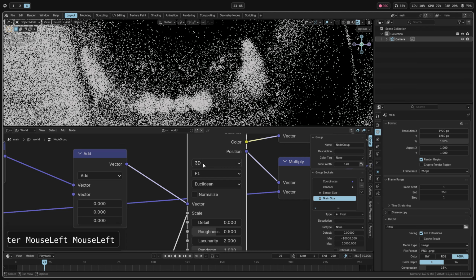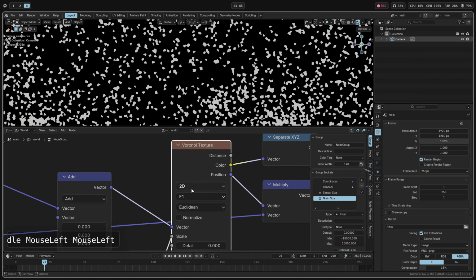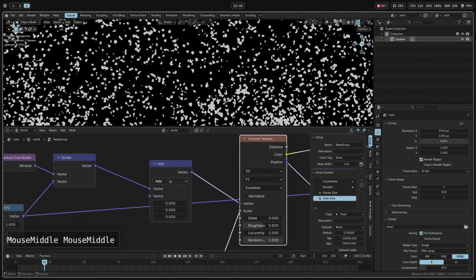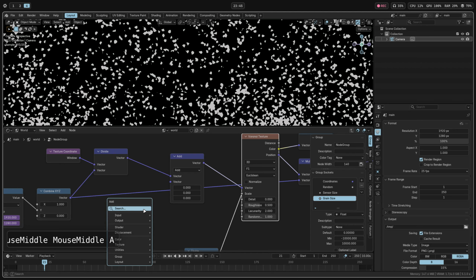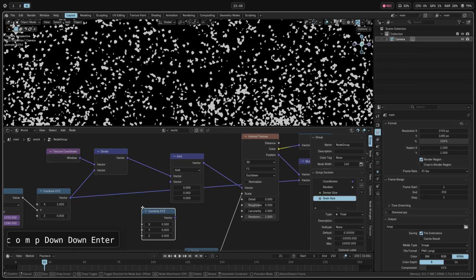It's actually three-dimensional Voronoi by default. 2D could be more performant, but we can take advantage of the third dimension for changing it in time. So let's do combine XYZ again,